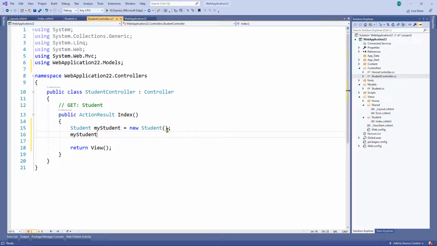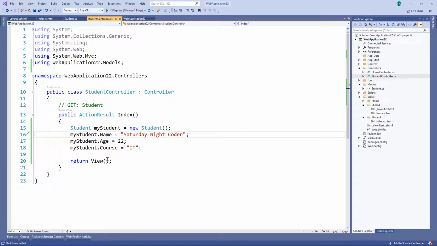So my student dot name equal to, my student dot age equal to, let's say 22, and my student dot course equal to, I don't know, IT. How about that? Alright, so I missed the equal sign there, and let's put the name as the name of the channel, shall we? Saturday Night Coder. That looks good to me. Let's build it,